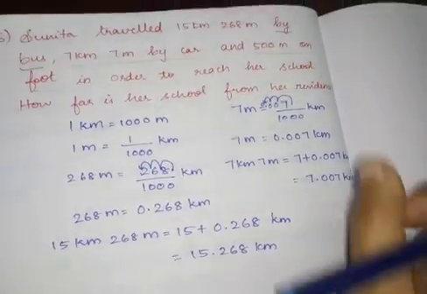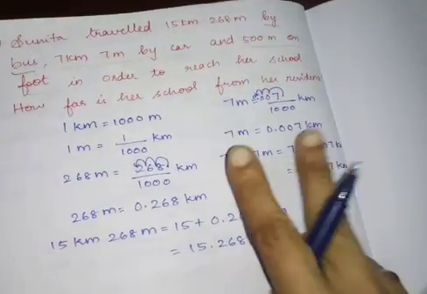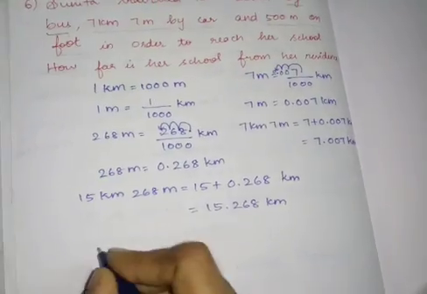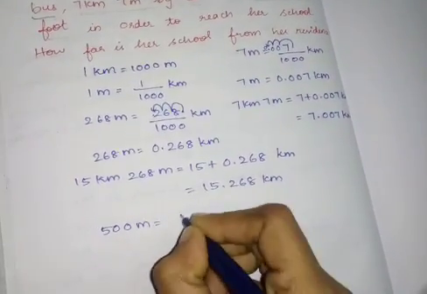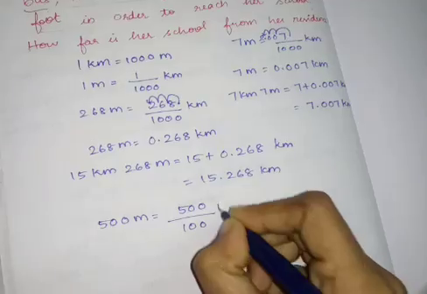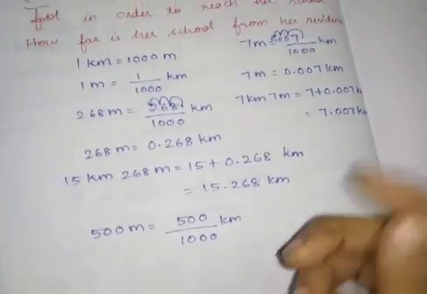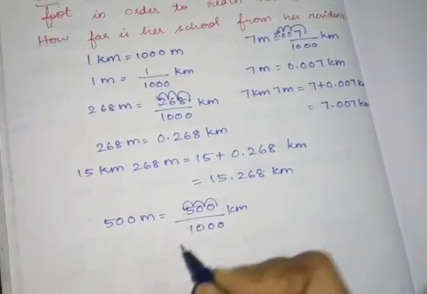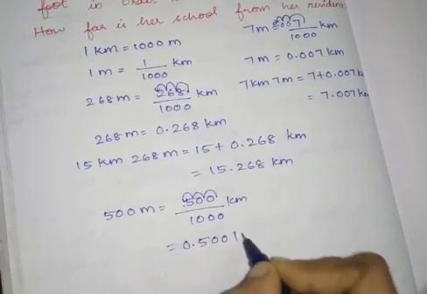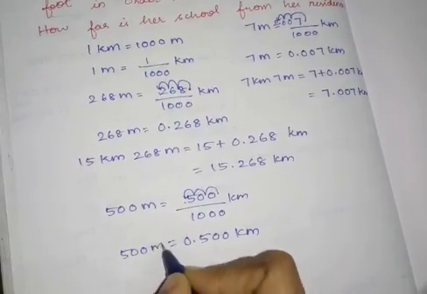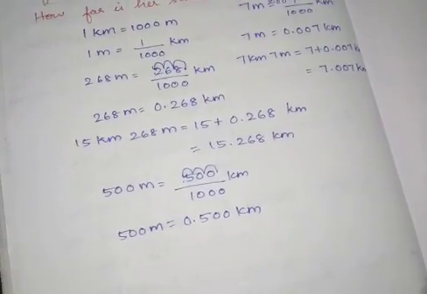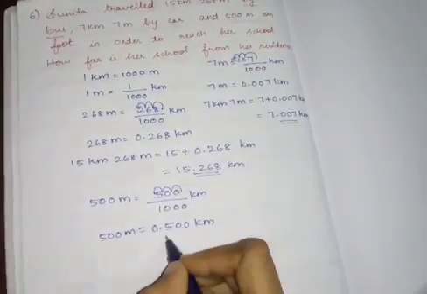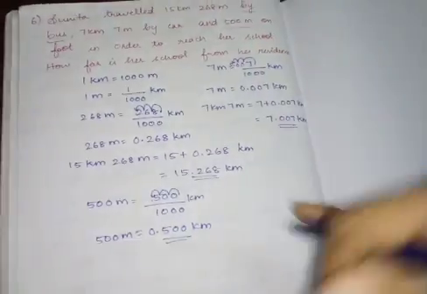So now I have converted this 7 kilometers and 7 meters to 7.007 kilometers. Next, see here, till the last problem we had only two things to be added. But here the third one is 500 meters. 500 meters is equal to 500 divided by 1000 kilometers. This also you should convert because this is your third value. 1, 2, 3. So the answer is 0.500 kilometer. So 500 meters has become 0.500 kilometer. Now I have converted all of these first. Then you go to the problem.